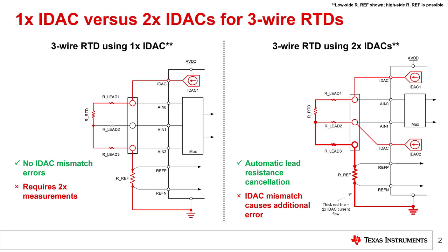As stated in the top right, both RTD measurement systems shown here use a low side reference resistor to generate the ratiometric reference voltage, though a high side RF is possible. The high side RF requires additional analysis for a 3-wire RTD using 2 IDACs, which is considered later in this presentation. The analysis is the same for a low side versus high side RF when only 1 IDAC is used. Let's analyze each circuit in more detail, beginning with the 3-wire RTD circuit using 1 IDAC.